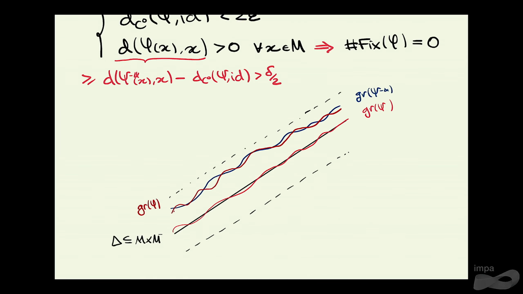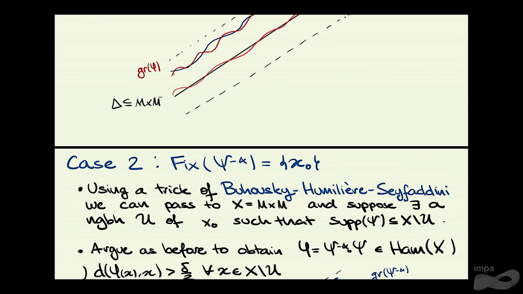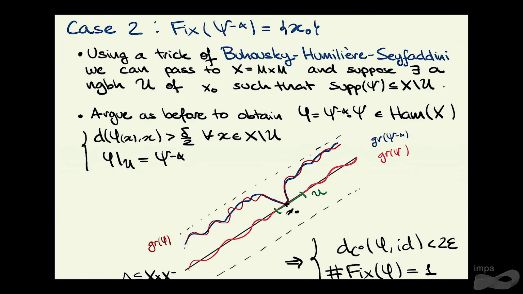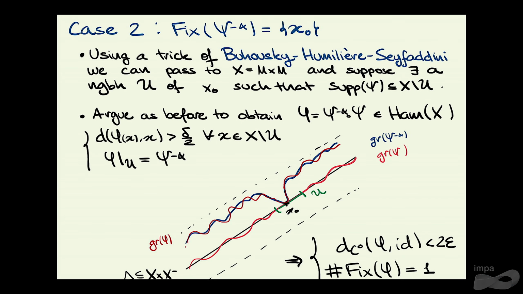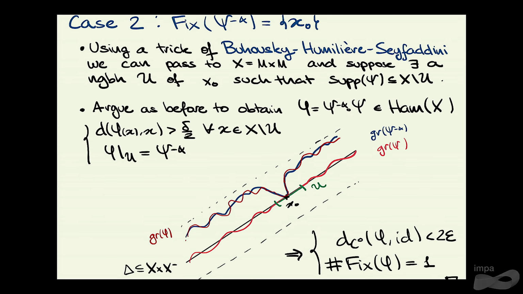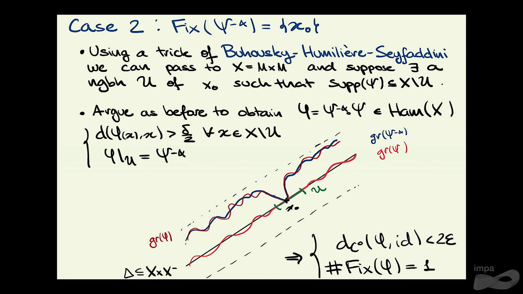Okay, so now we're left to deal with the case where there is one fixed point. And the idea is going to be very similar, but it's much harder to execute. And it's basically a combination of the first case and the lemma for the one forms. Like the moral of the story is going to be very similar. So what we have here is exactly the same case, but now that representative could have a zero, right? We were just dealing with the case where it had none. So now let's suppose that it has one zero, so its graph in M cross M is going to look something like that.